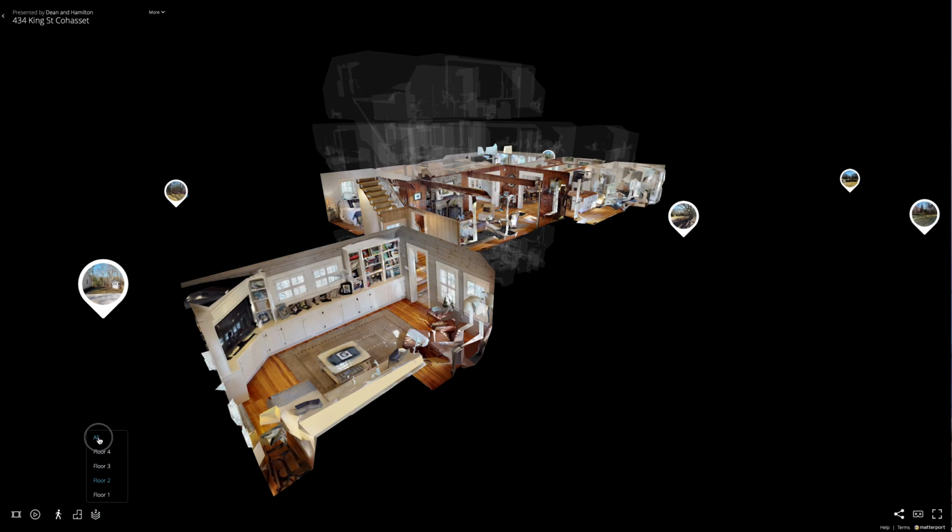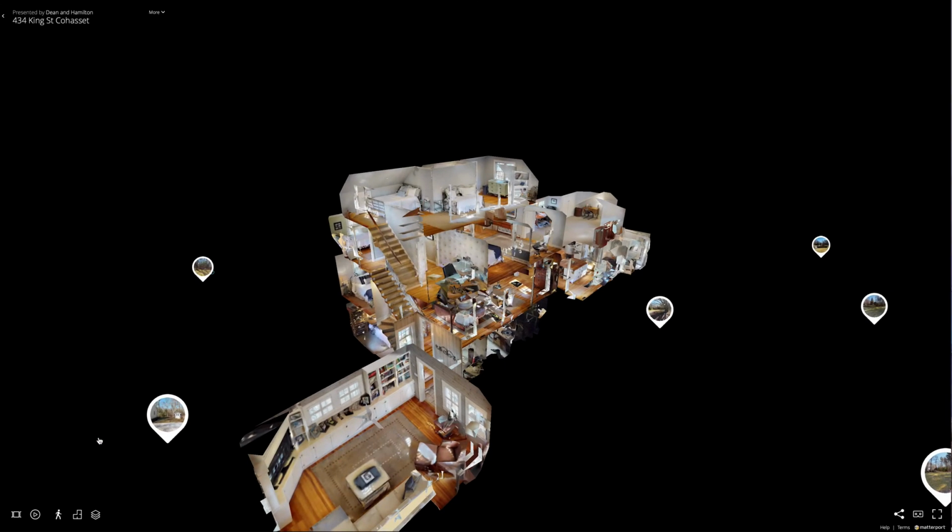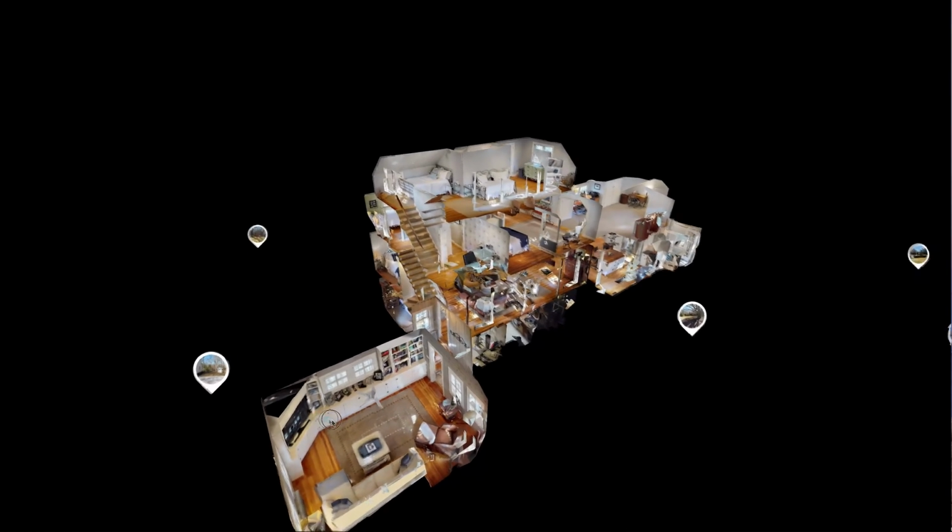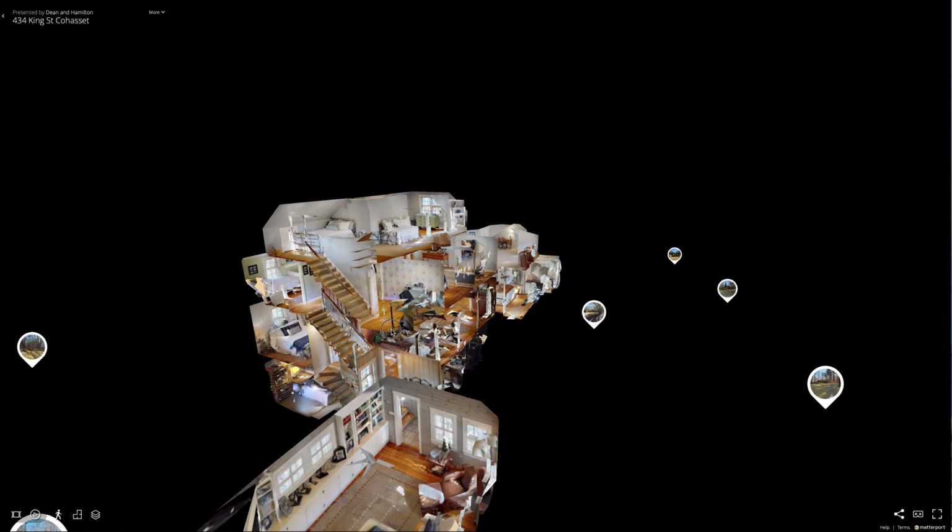select all the floors. Now, your dollhouse can be moved around either by grabbing it and holding it with your mouse. I'm holding down the mouse button and moving it around. Or you can use your up, down, left, right arrow keys to spin it and do whatever you want with it. You see? So the other thing you can do is if you grab hold of it